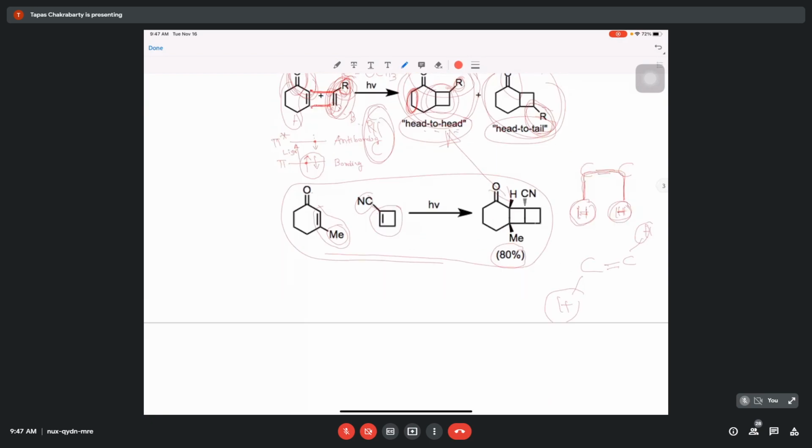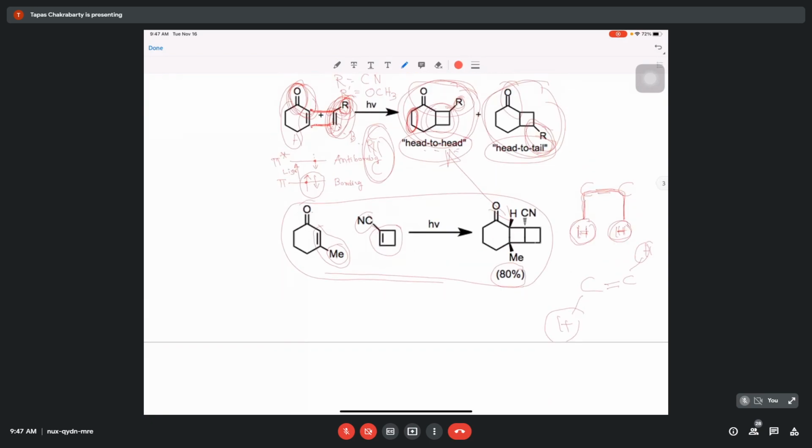The same thing is also here. If you look at these, we say that this is my main substitution, so this is on my head. This is another substitution, and this is my head. When they are on the same side, for this molecule it is basically a head-head combination, similar to this. But if the cyano group is on the other side, then we say it is a head-to-tail combination.